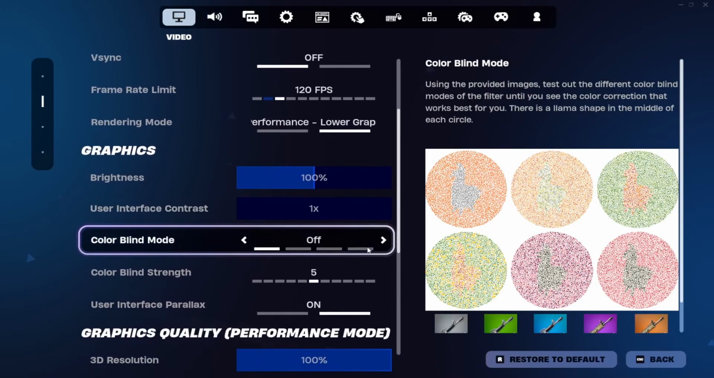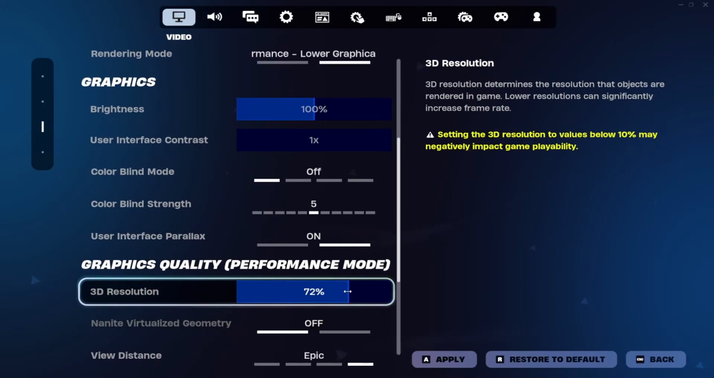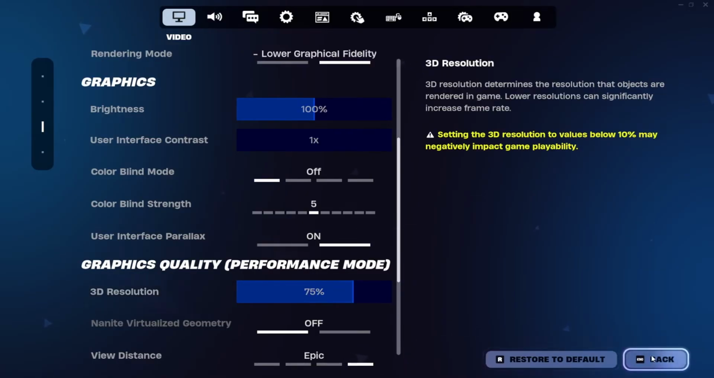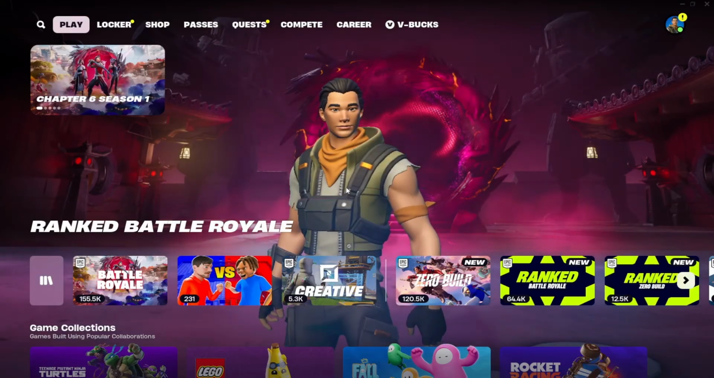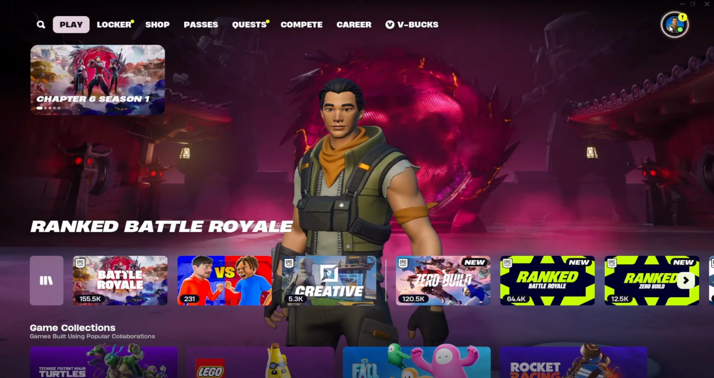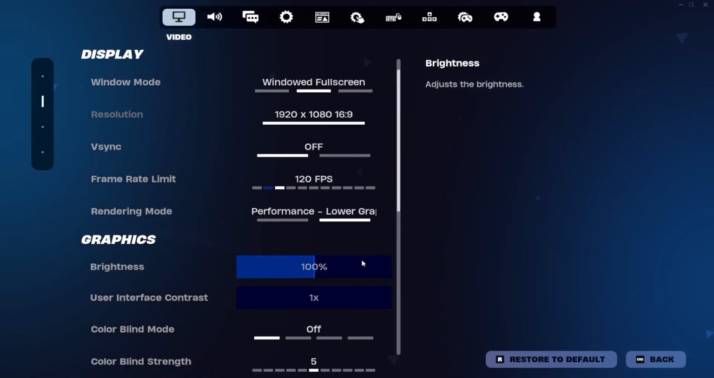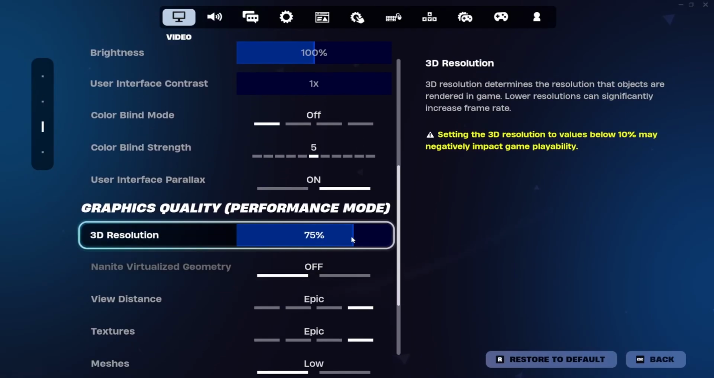You can do a 3D resolution 75 but no less, and let's go and apply it. Let's go back. As you can see, it's a little bit worse than 100, but it's still quite good if you want to have a good FPS, because it will affect it, but I suggest you to just leave it